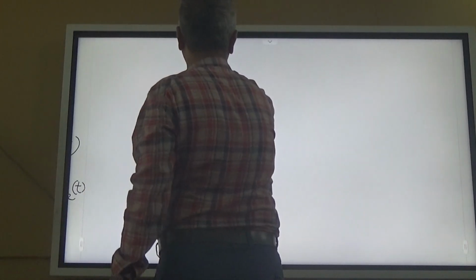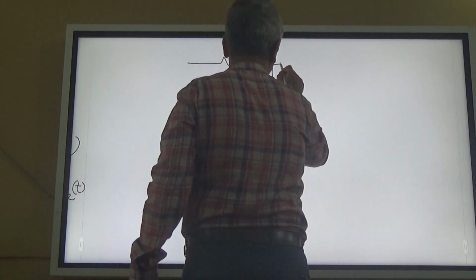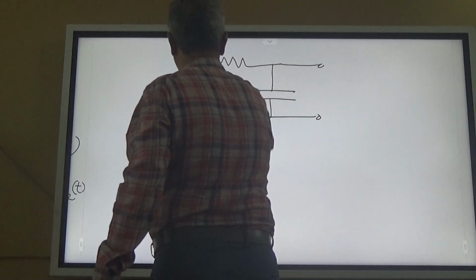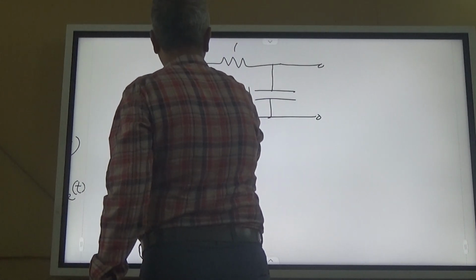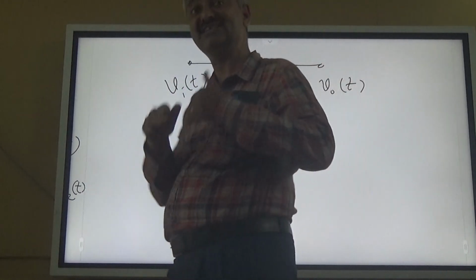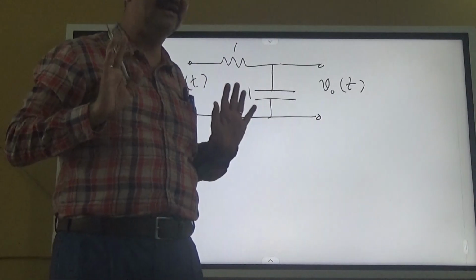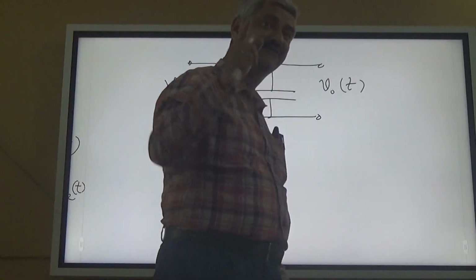Say for example, the simplest thing which we will be taking for discussion many times, R and C, that is 1 and 1. That's the simplest. Vin(t) and Vo(t). So for this circuit we construct a differential equation. Is it clear? Or we find out a differential equation. Now if a differential equation is given,